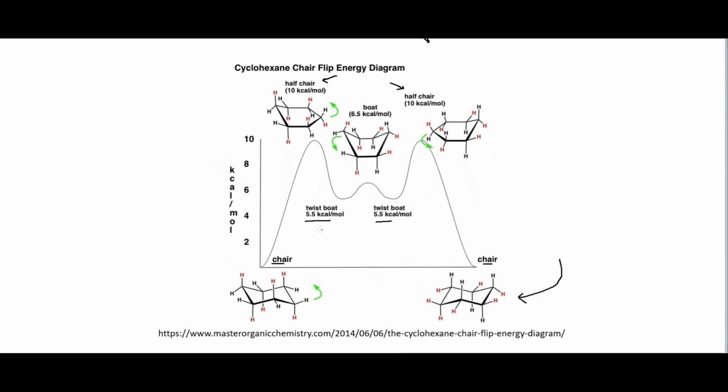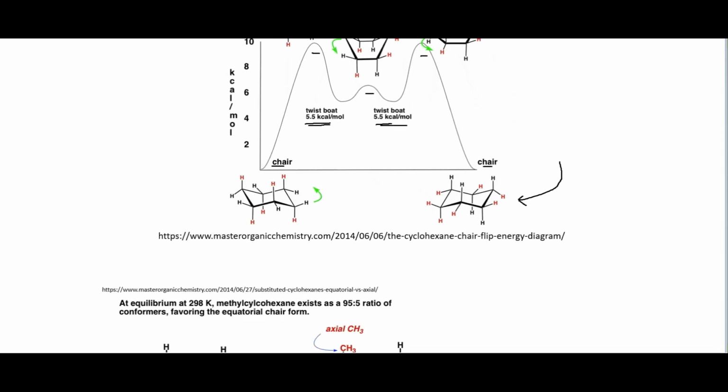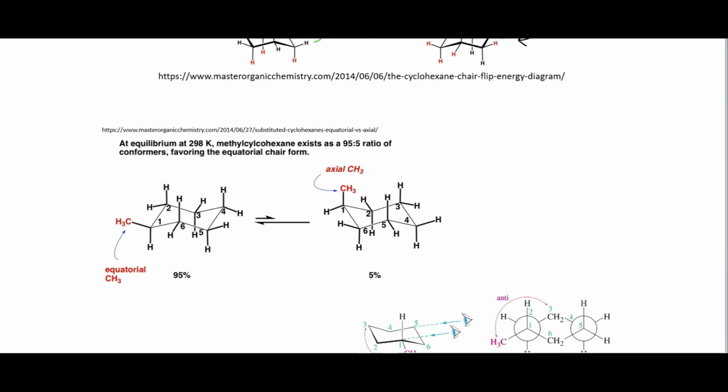The second most will probably be in these twist boat conformations, then the third most in this boat conformation. Then these half chair conformations will probably be just a transient conformation that this takes. All right, so then